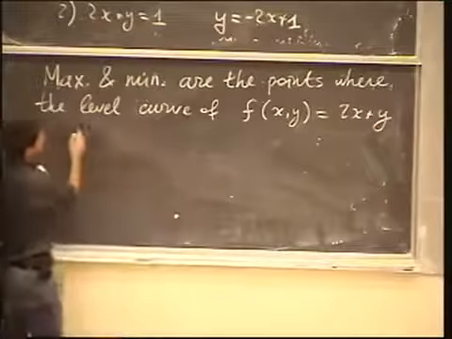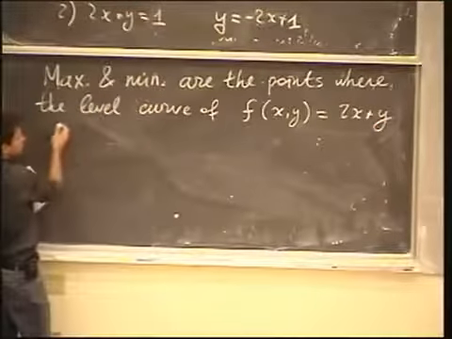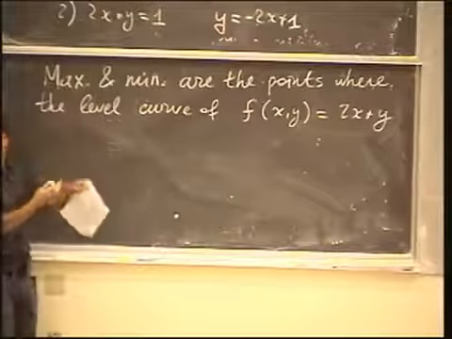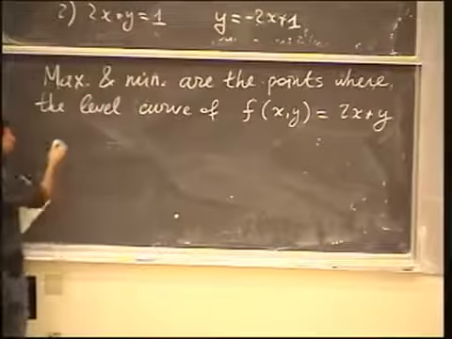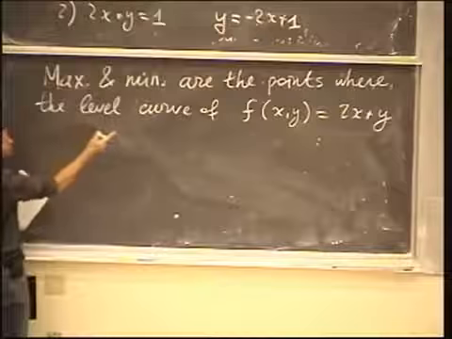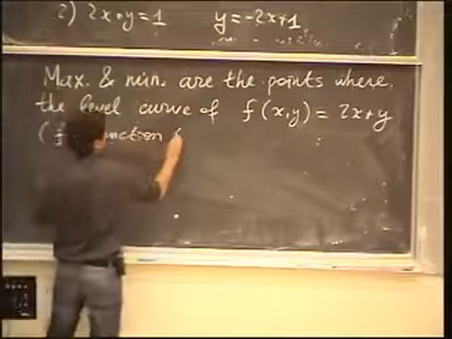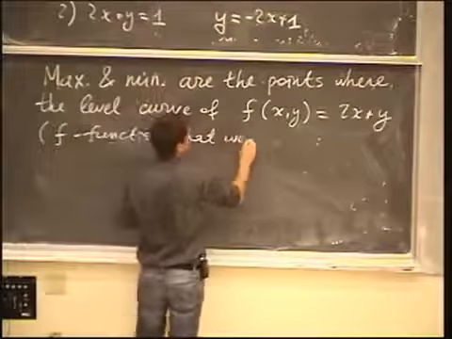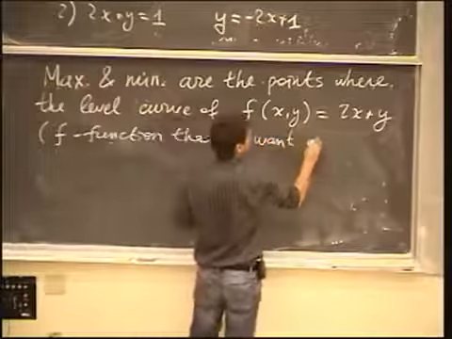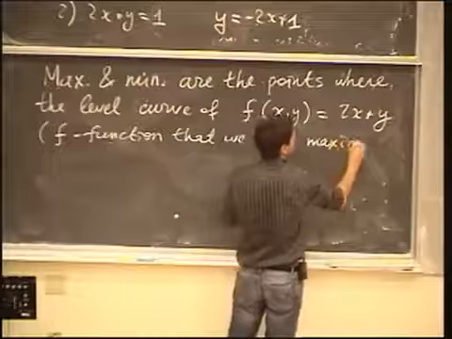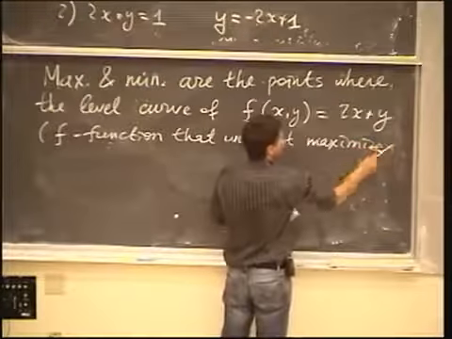In this case, the level curves are lines. But in general, they're not going to be lines. They're going to be some curves, where the level curve of the function which we want to maximize and minimize, so f is the function that we want to maximize or minimize,